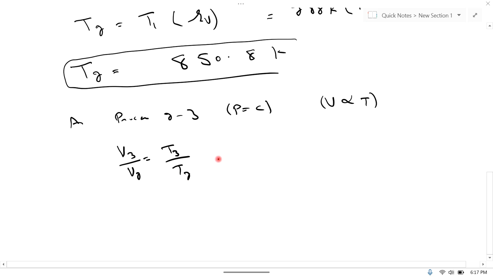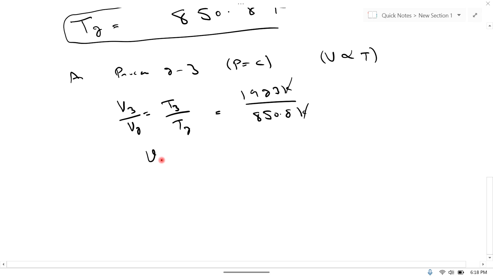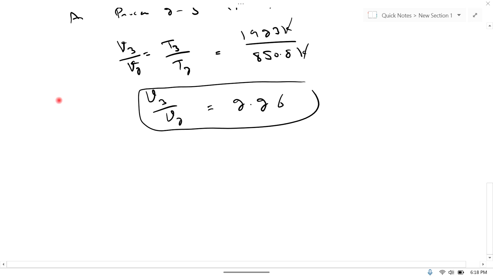T3 is equal to 1923 Kelvin and T2 is equal to 850.8 Kelvin. Kelvin will cancel with Kelvin, and V3 divided by V2 is equal to 2.26. This is the ratio of V3 and V2. Now, to find T4,